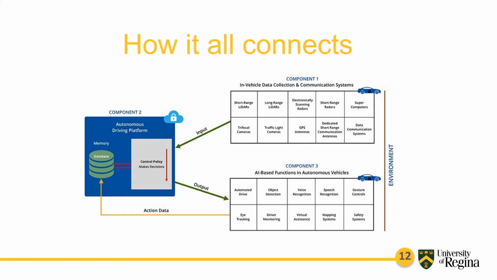The action data, which is a byproduct, is sent back to our software, which is used for our cloud based memory to form new or improvise existing rules if the need arises. It can also be used to customize experience and store details unique to the driver. This allows for changes to happen instantaneously over the air to the whole fleet of vehicles.